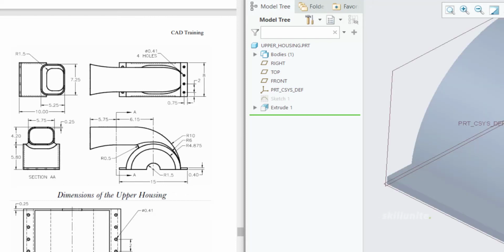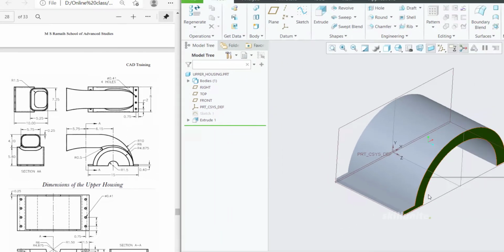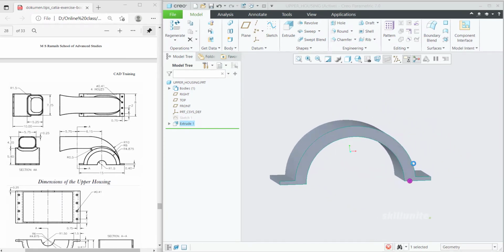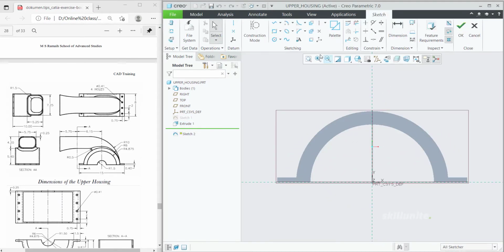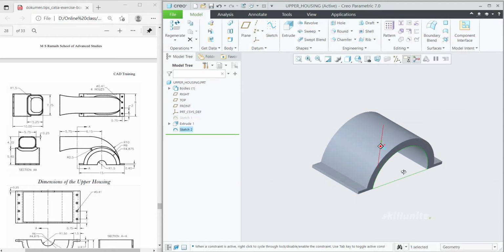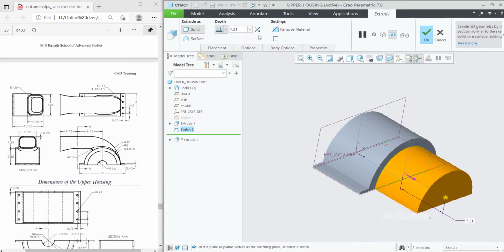What you can do is simply select one particular face and then go to the sketch option. Use project because we require the same radius only, simply project it. Then connect those ends by using lines. Then escape, click OK, then click on extrude, then flip the direction.